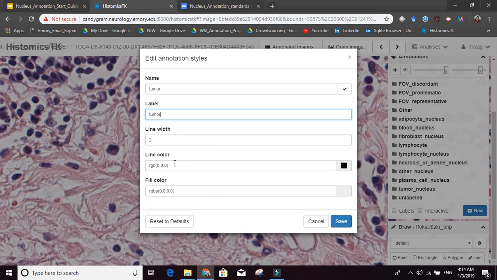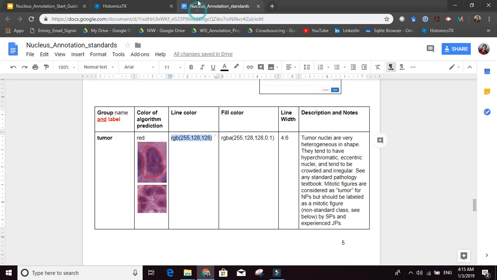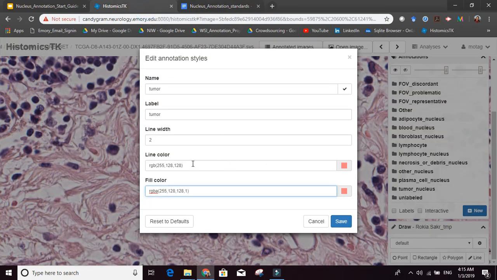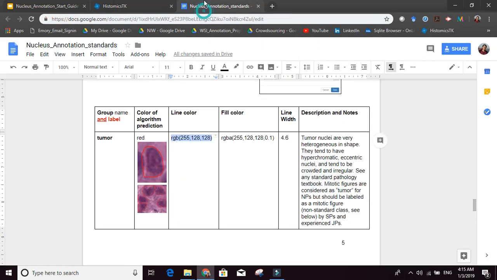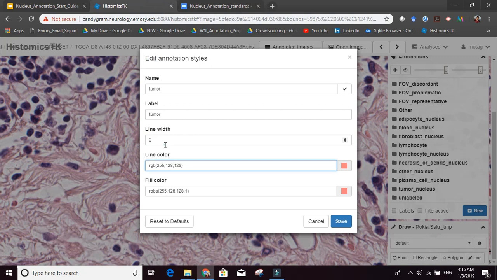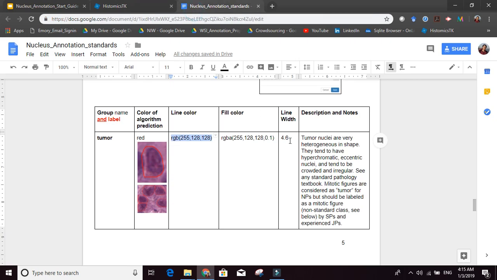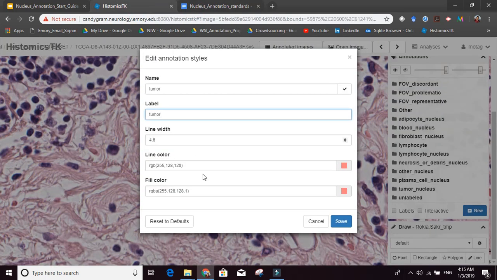So I go here and I fill this in, and I think it had a 0.1. RGBA, right? And then the line width for tumor was 4.6. Actually, it's 4.6 for everything. All right, and this looks perfect.